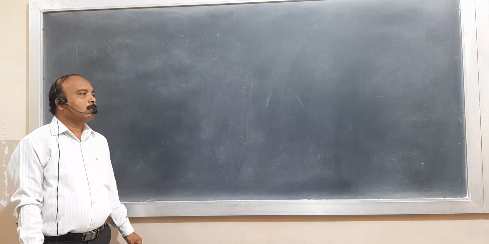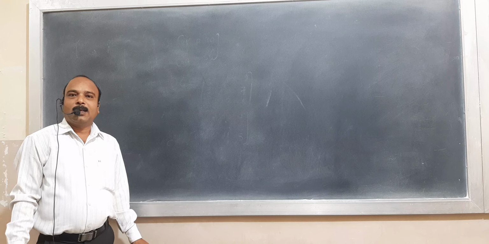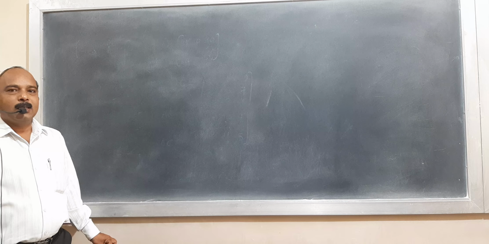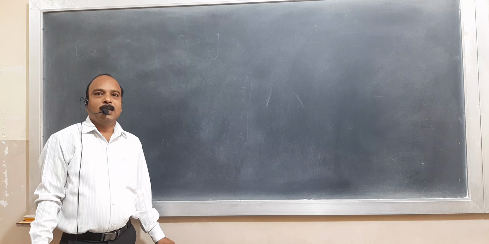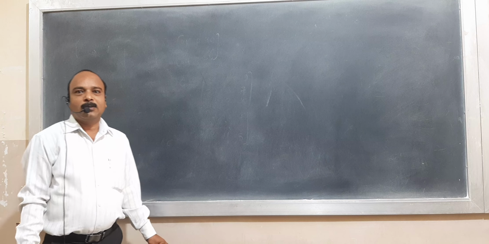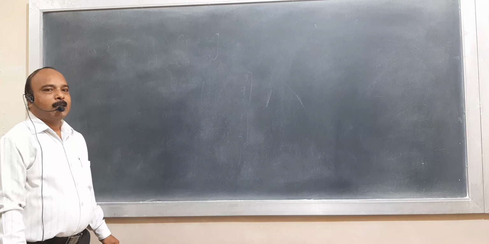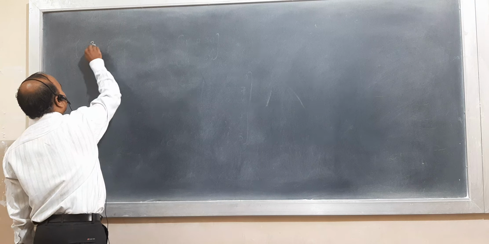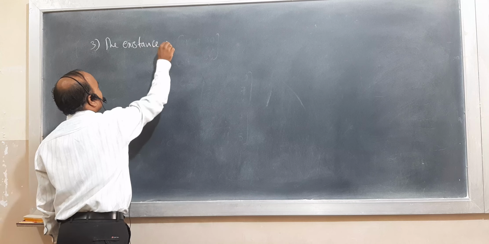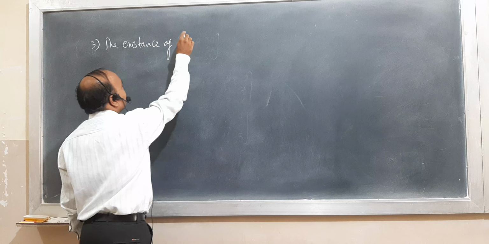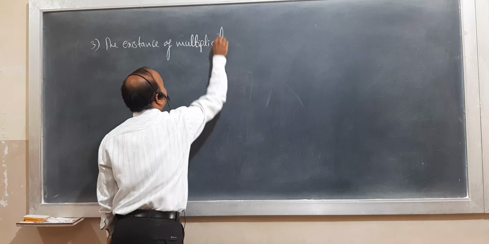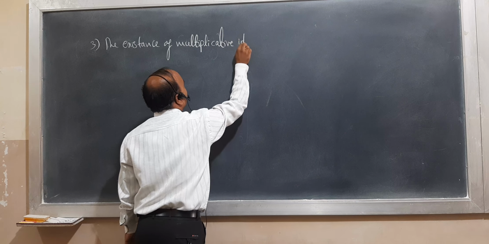In multiplication of matrices, two properties we have already completed. The first one is the associative property of multiplication of matrices. The second one is the distributive property. In that we studied two properties of the distributive property and some examples on them. Now we go for another property, the third property, that is the existence of multiplicative identity.